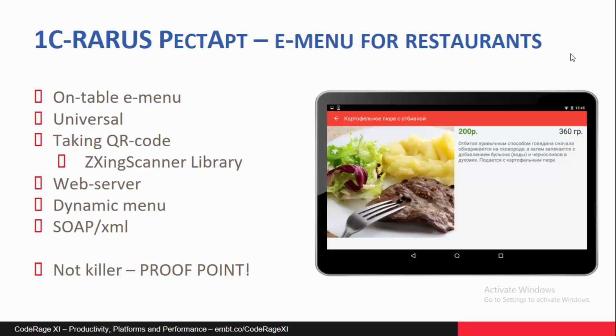So this application seems quite simple. It's not a killer, it's a proof point. But truly speaking, this application killed the idea of using Android Studio for this kind of project. So this is really a killer.